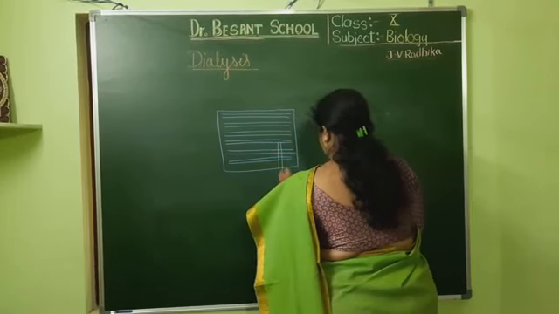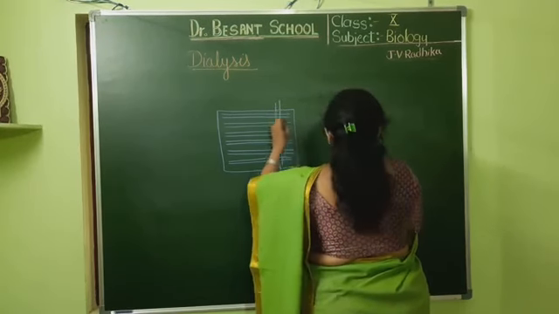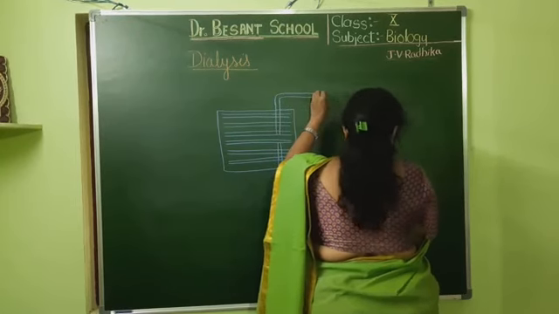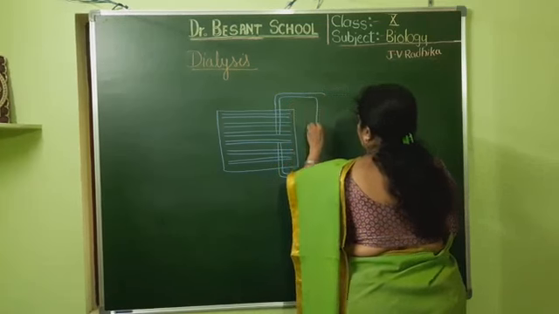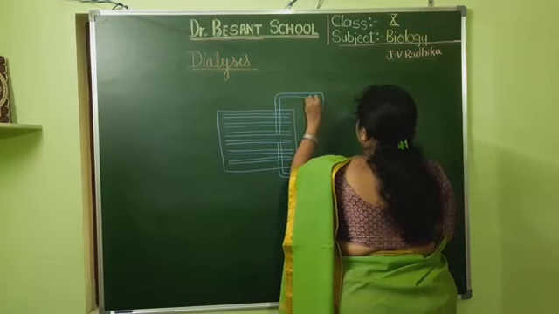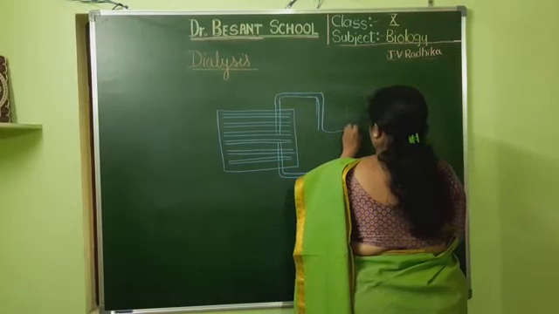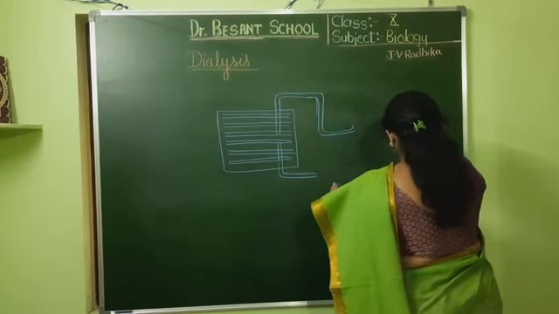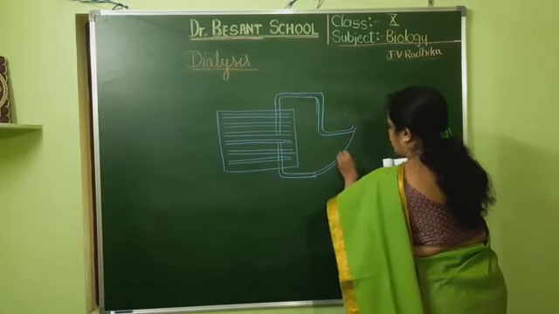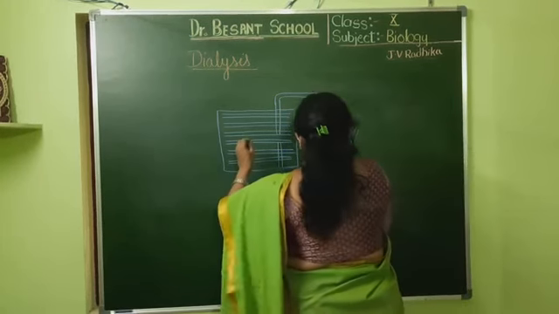You all have to draw the diagram with me. So this is the inlet to the person. It is getting the waste blood from the person. This tube I am showing is connected to the artery, and this is the outlet which is going out. Outlet means from there, not from the body. This side also I just draw.